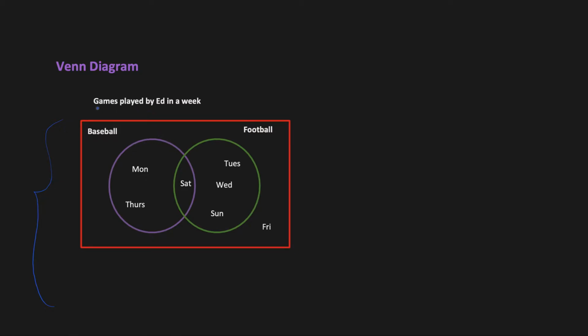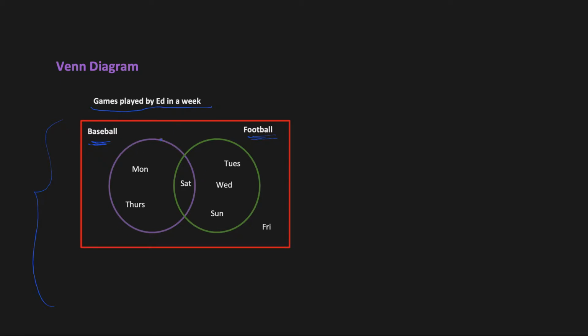So here we have a collection of games that's played by Ed in a given week. This Venn diagram shows the grouping of all the data, and can also show if and when some of this data is placed in one group versus another group. By that I mean, in this case we have two groups. One is baseball and one is football, and a Venn diagram is used to represent that in a given week,